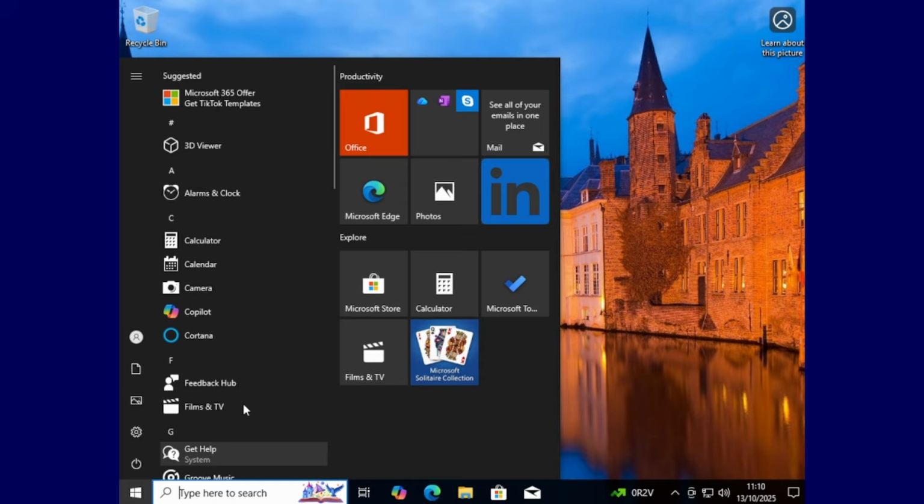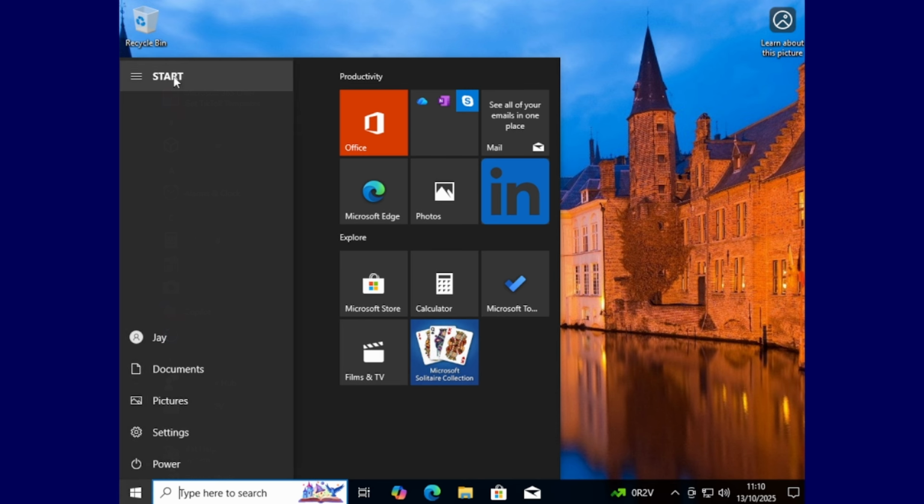But if we go to the start menu, we see that, yes, there are still tiles, but I don't think any of them are wanting to flash anything really at me. There's no news tile, of course. That is actually at the bottom there. And a lot of programs, I think the Film and TV program, would end up being deprecated. Cortana's still there if you want it.